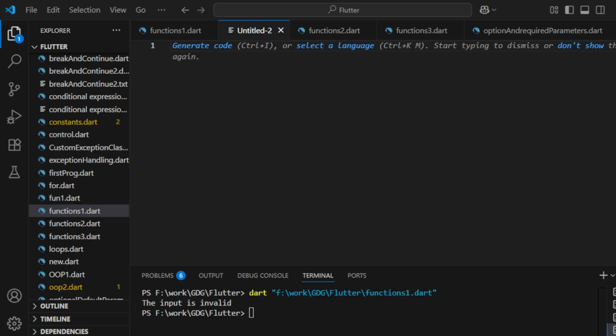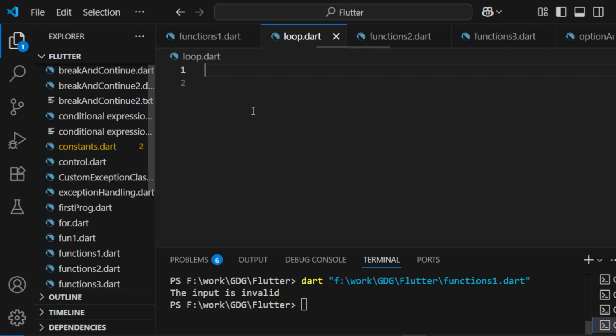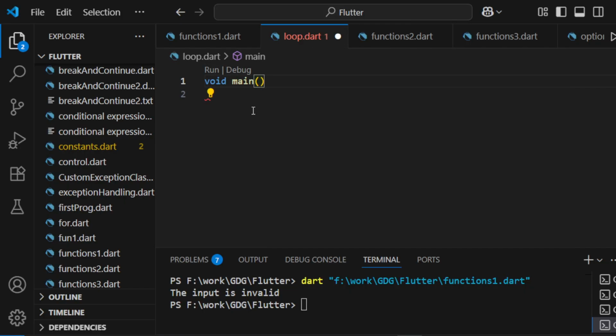Let me save this as loop.dat. Guys, don't forget the extension. It is .dat. Then void main. Okay, so we want to experiment with